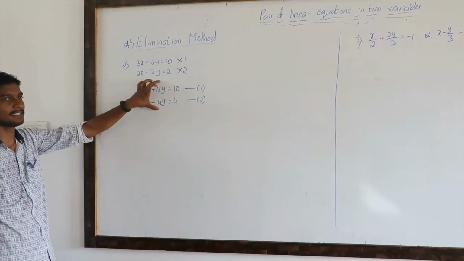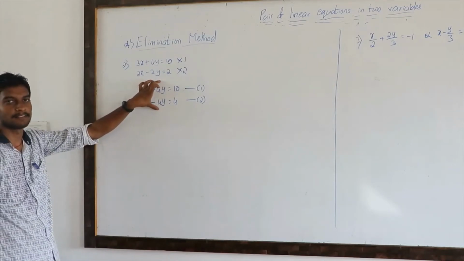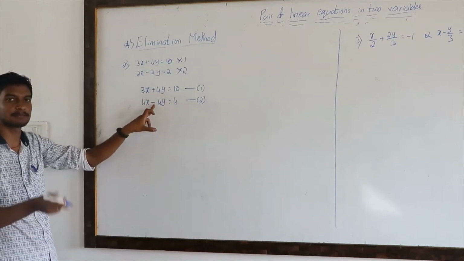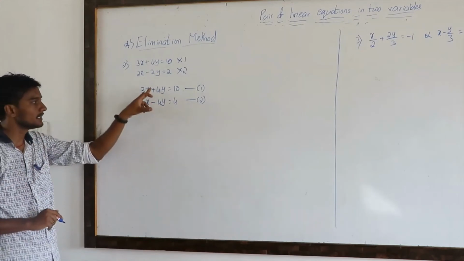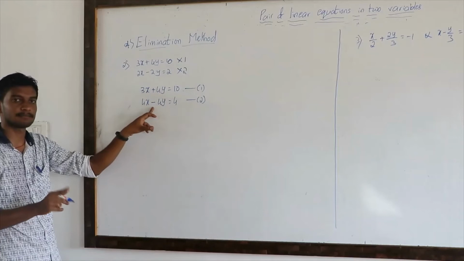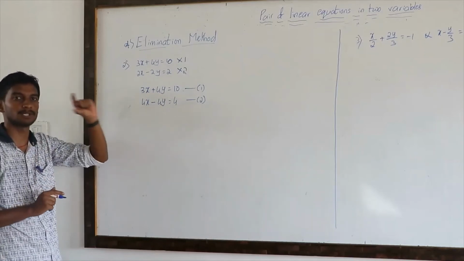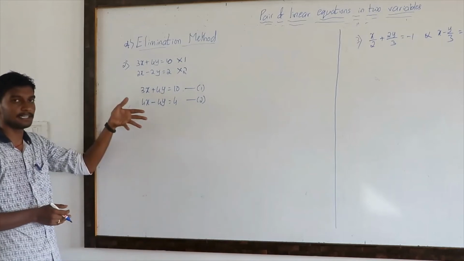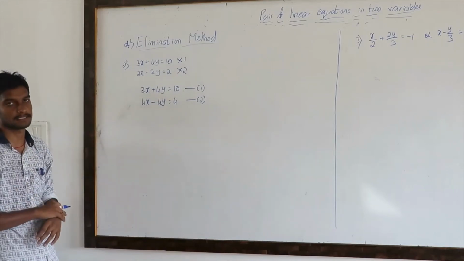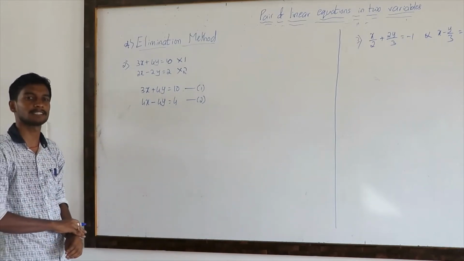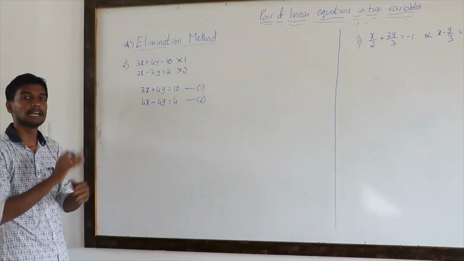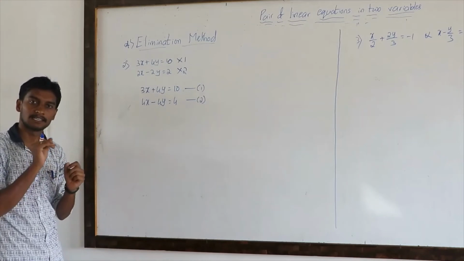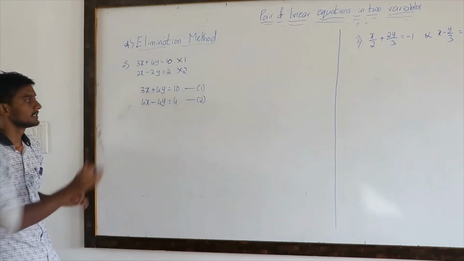I want to cancel these 4y and 4y. If both these signs are the same, here it is plus and here it is also plus, you have to subtract. Here it is minus, and if both signs are the same, at that time you have to subtract. If one sign is plus and the other is minus, it is not necessary to subtract. You have to add at that time. If you add, it will directly cancel. So here,